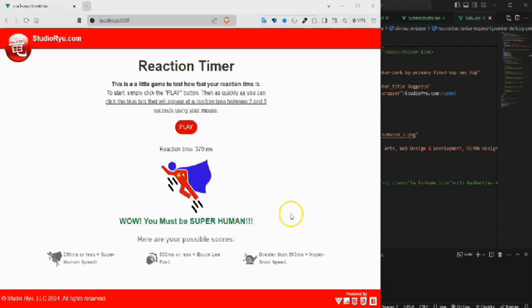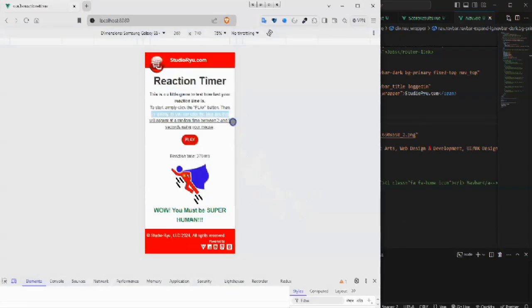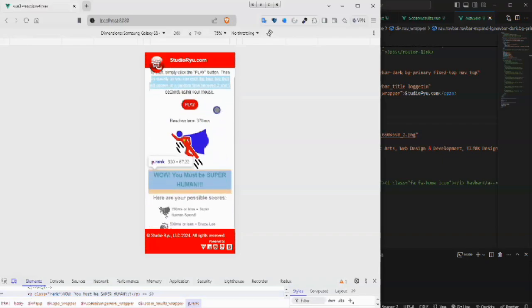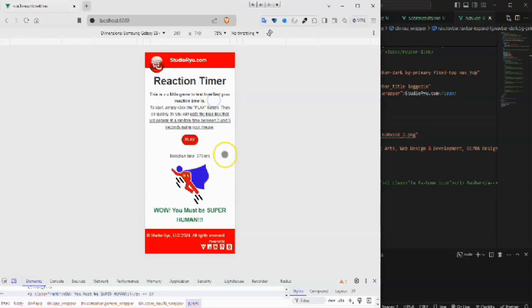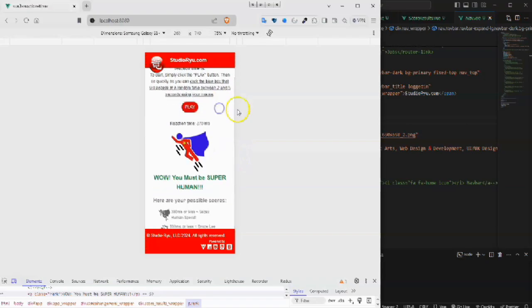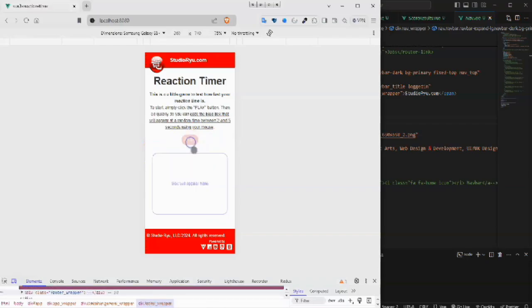It speeds up the process. This application is also responsive, so I can display what this would look like on a proposed mobile device. I have not deployed this, so I haven't been able to test this on an actual device. But I'm using the Brave browser, and this is fairly accurate for the most part, from my experience. So again, in the mobile view here, if the user taps the play button,